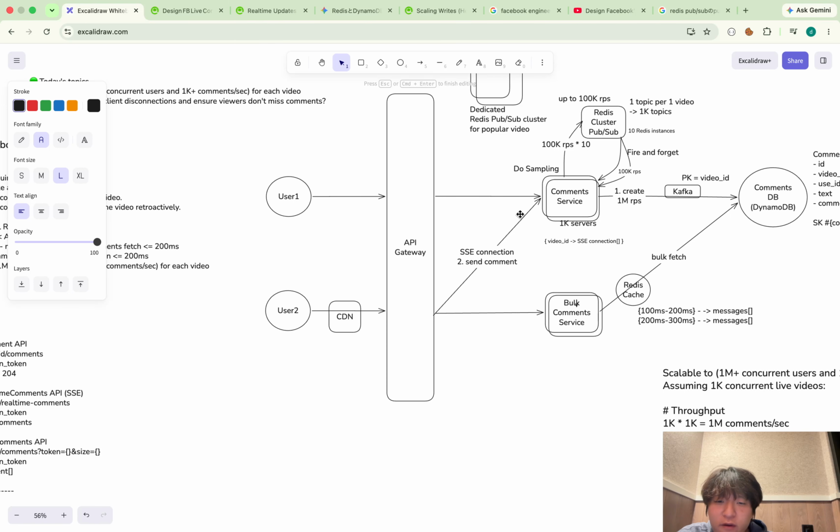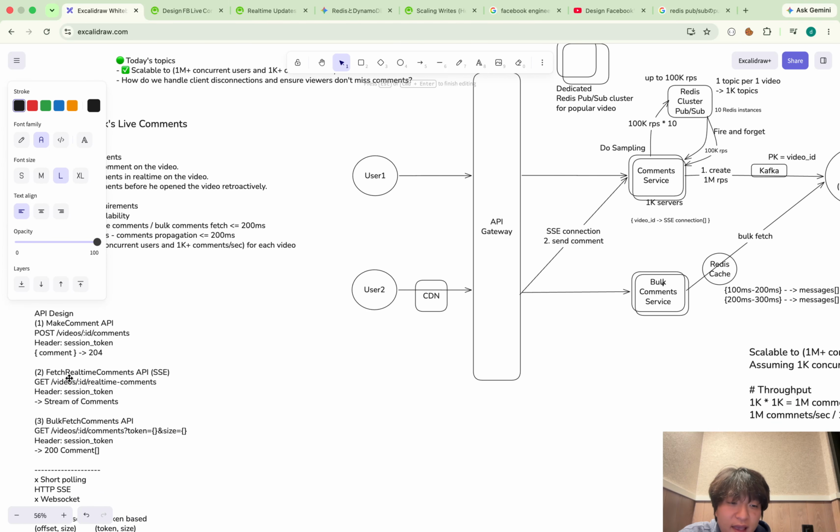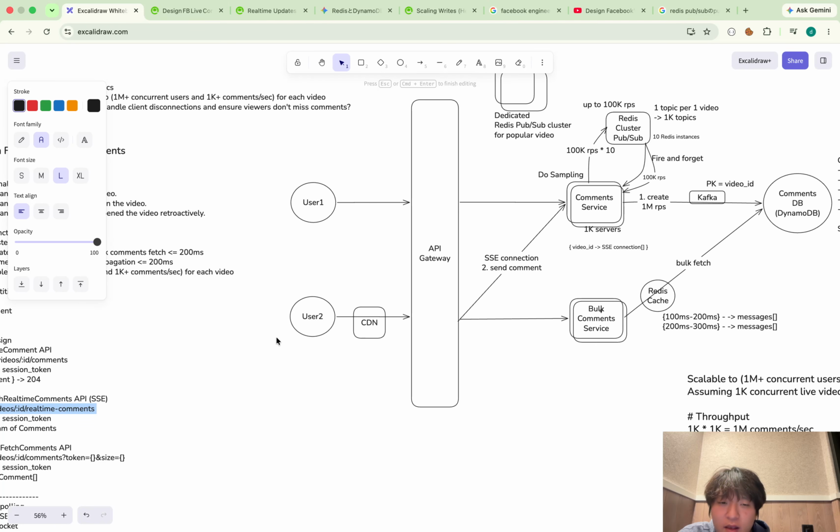When the user's SSE connection is dead, the client should just make the request to the fetch real-time comment API. With that, the SSE connection is created to the command service again. So now it can get the real-time messages again.